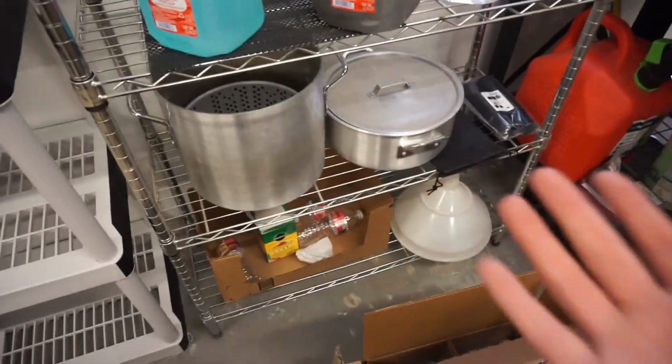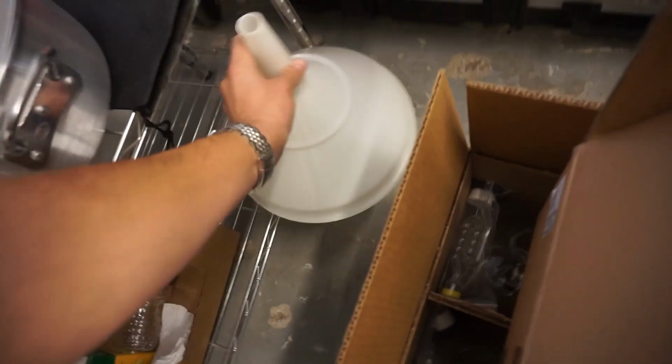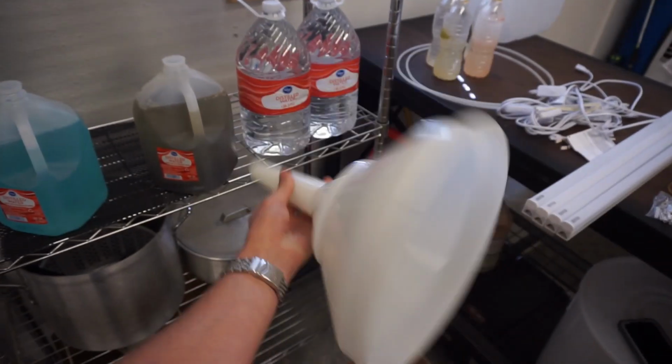So I did. He also came with these 2 pots. I guess I deep fried turkey in that for Thanksgiving or something. Oh, and also this here extra large funnel. You could probably,